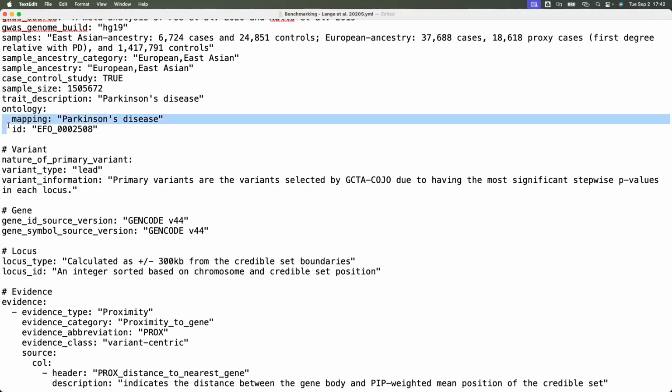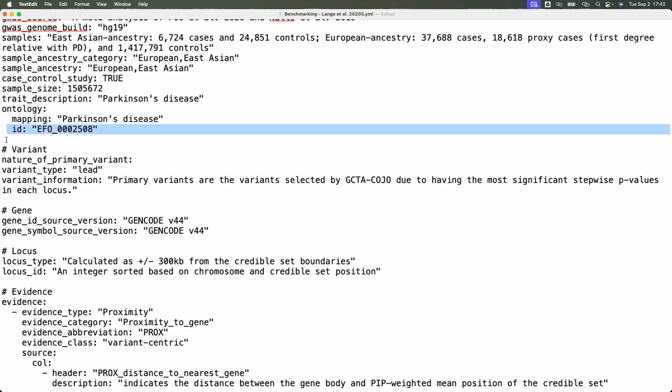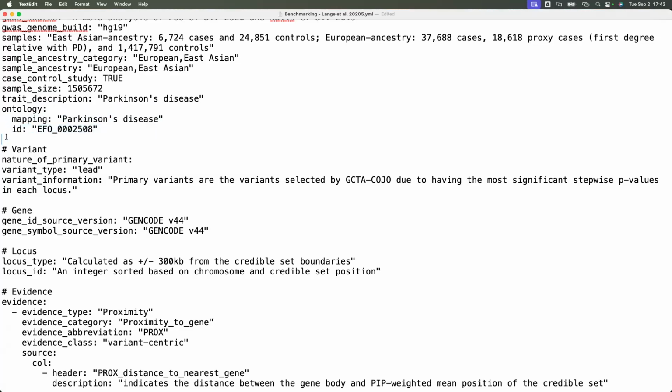I understand you could have the plain language description of the ontology term as well as the ontology term itself. Given that you've already got a trait description, I don't know if this plain language field is so useful, and it might just be easier to have an ontology ID attached to that, for instance.